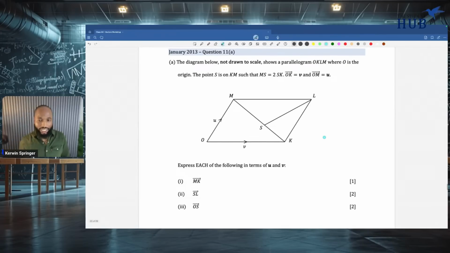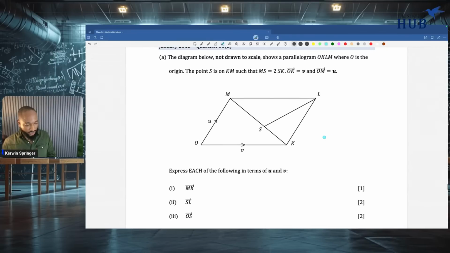Let's do another one of this style. Find the value of MK, SL, and OS. I'm giving you 1 minute. Those of you watching in the future, just skip ahead. I'm just giving them a little time to soak it in. Try and get MK. You have to read the question. There's this relationship, and then they give you the values. OK is V, OM is U, but they also draw it here. And now they're asking you MK, which is 3 marks. You probably don't know what MK is already. I realize they made a mistake there: equal instead of plus. That looks like a typo.